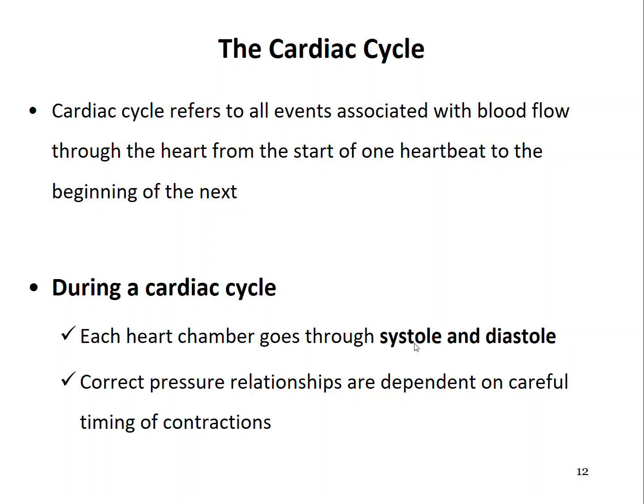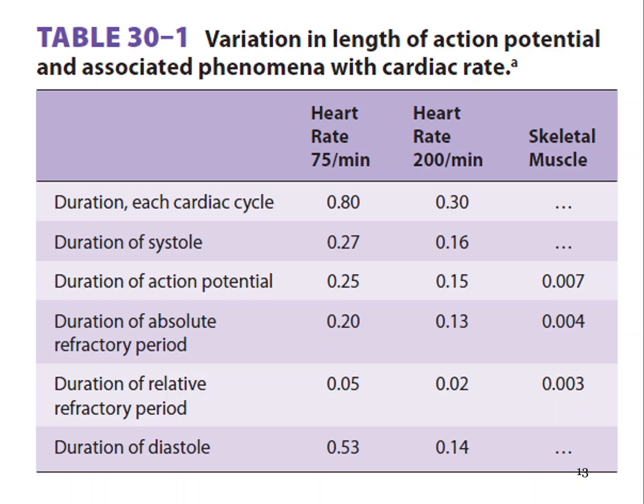So systole is contraction time, and diastole is relaxation time. So there has to be a correct relationship between contraction and timing. The timing of the contraction of the different chambers of the heart has to be controlled very precisely. The duration of the cardiac cycle at a low or normal heart rate is just 0.8 second,